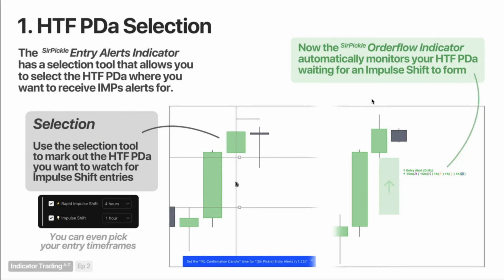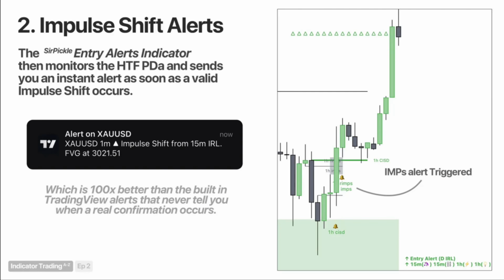So once you select that higher time frame PD array using the selection tool, like in this example right here, we are highlighting a daily fair value gap. You will have this look like this. This is your indicator automatically monitoring your higher time frame PD array, waiting for your entry function to form your impulse shift. All you have to do is mark the higher time frame area that you are interested in looking for entries out of,